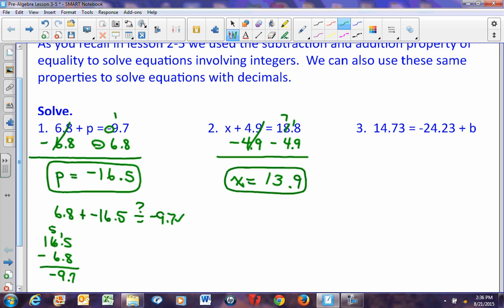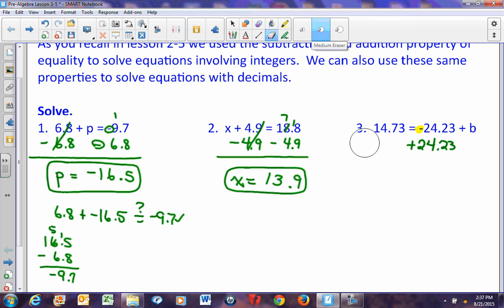Number 3, 14.73 equals negative 24.23 plus b. Now, a lot of times people look at this and say, oh, they added something to b, so we need to subtract it from b. No, b is added to something, and the something that it is added to, if you look carefully, is negative. So what's the opposite of negative 24.23? Well, it is positive 24.23. So we actually need to add